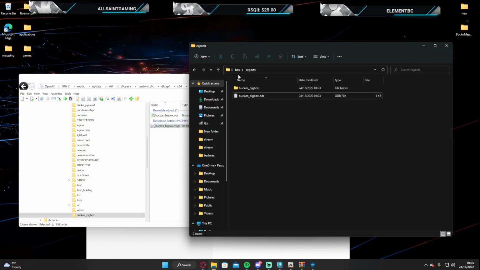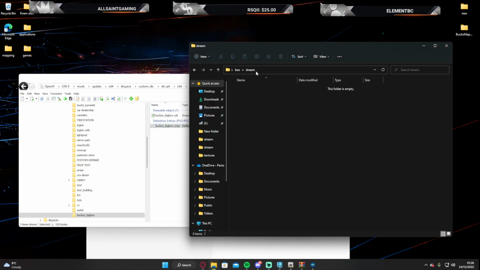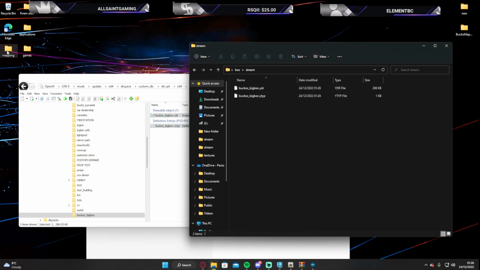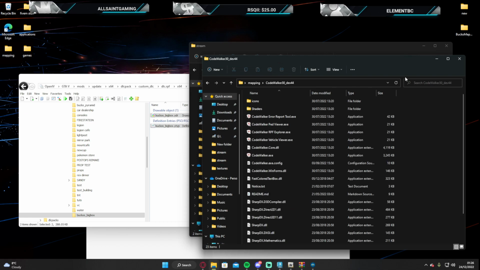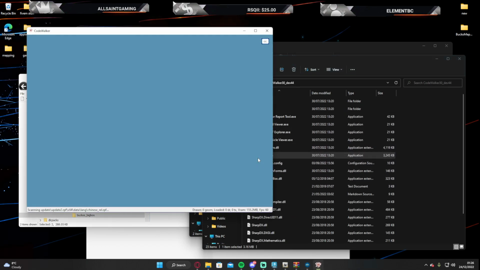Once you've done that, again, I always do a folder inside a folder called stream, drag those two folders into there, open up your CodeWalker, like so. I'm trying to keep this as short and sweet, so if I'm going too fast, feel free to